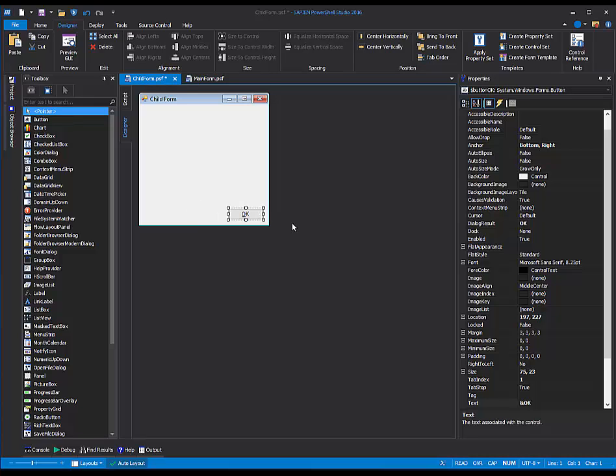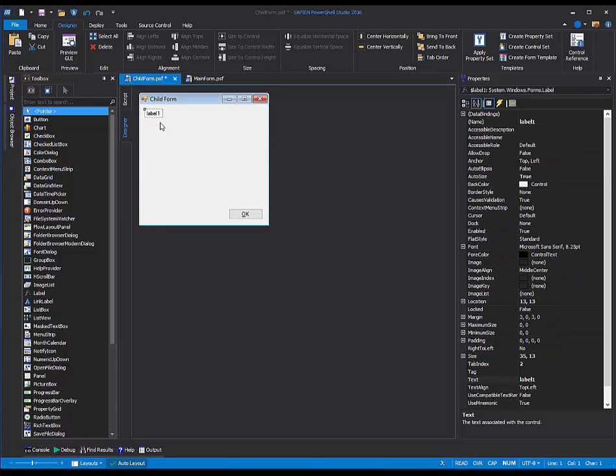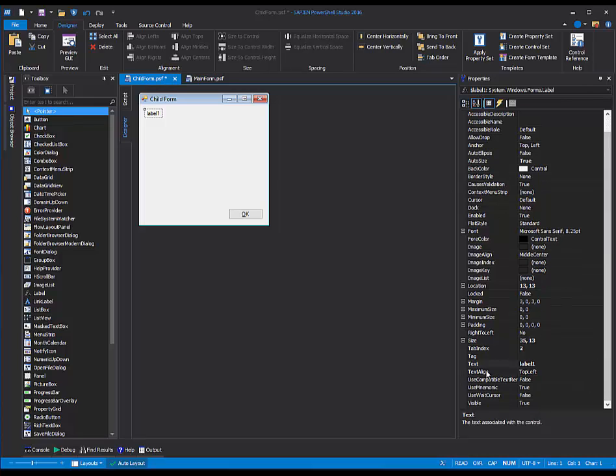Next, I want to add a label, so I'll start at the toolbox, grab a label, place it on the form, and then click the label, make sure it's in focus in the Properties pane, and change the text property of the label from label 1 to send a message to main form. Great. Now I'll grab a text box,